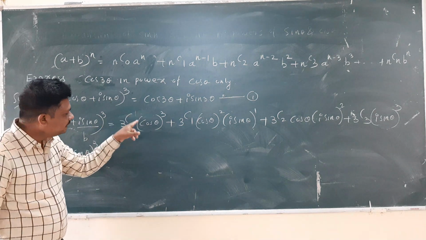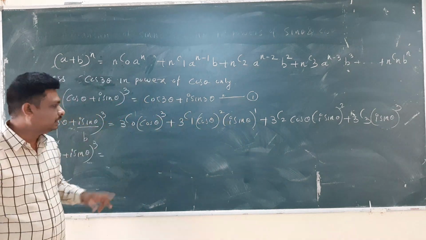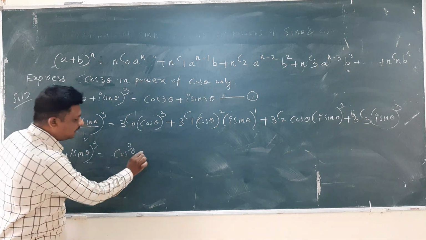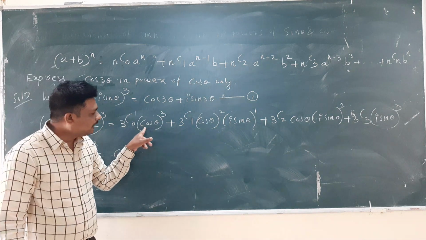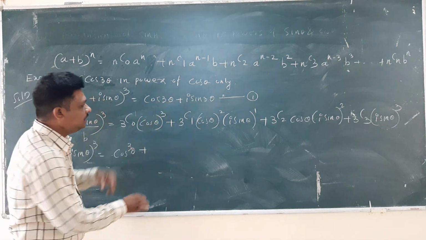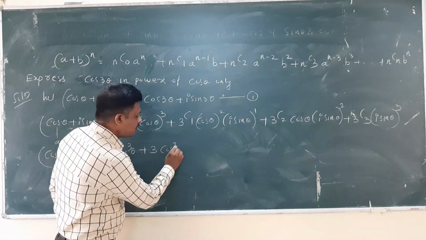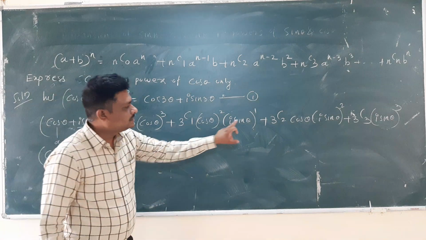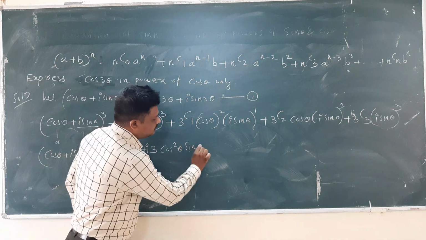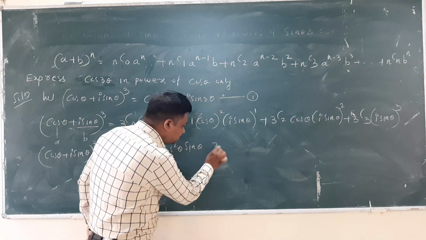If you want, you can find these 3c0, 3c1, 3c2 values from a calculator. The 3c0 value is 1. The remaining is cos cube theta. As I have already told, we can write this (cos theta) whole cube as cos cube theta plus 3c1, which is 3. Then this is cos square theta. So I sin theta. I write i at the beginning, i into sin theta.